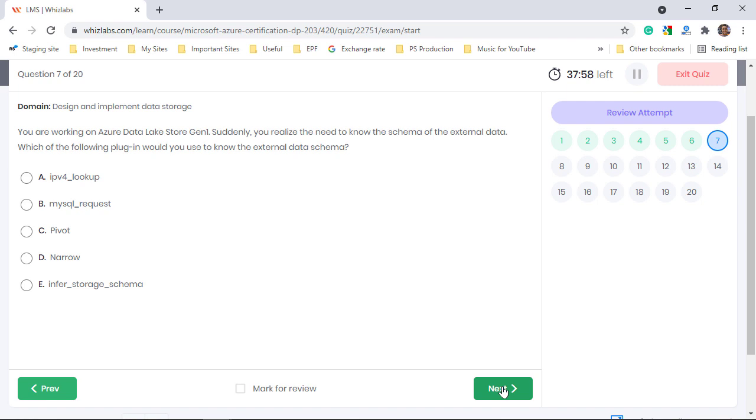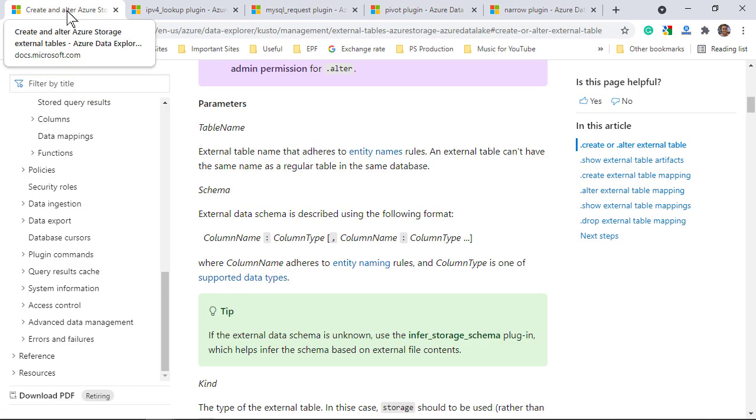You are working on Azure Data Lake Store Gen 1. Suddenly you realize the need to know the schema of the external data. Which of the following plugins would you use to know the external data schema? While creating external tables to reference data in Azure Data Lake Store or Blob storage, if the data schema is unknown, you can use the infer_storage_schema plugin, which will help infer the schema based on the external file